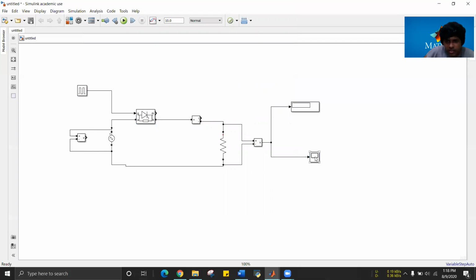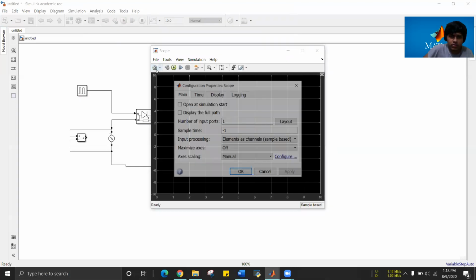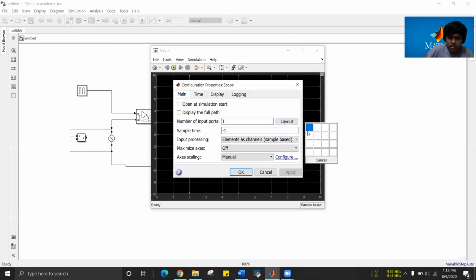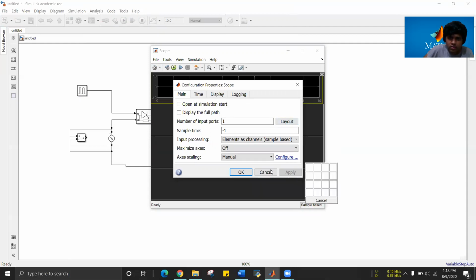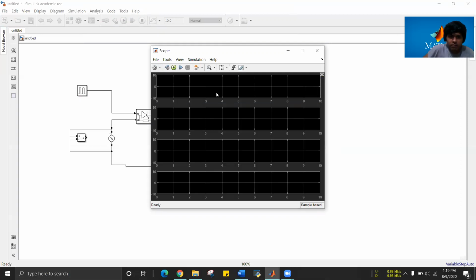So what I can do is either I can take 2 3 oscilloscopes, just copy and paste it. So I have 2 3 oscilloscopes and I'll connect one to each. Or I can just enter all the data in one oscilloscope. So just go to your settings, layout, and make it 4. Okay, so I forgot, this is for further. What you can do is change the number of inputs to 4. Okay. So yeah, now you can see you have 4 inputs here.